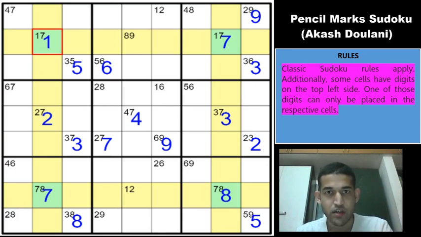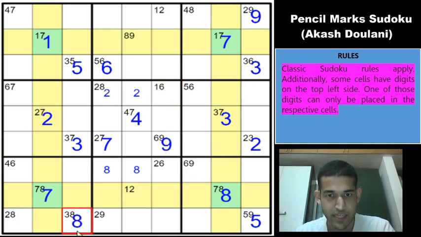Okay, let us maybe use some classic solving. 8 in rows 8 and 9 will give 8 in one of these two cells, because this cell can contain only 2 or 6, so 8 can't go there, so 8 must be in one of those two cells. And similarly 2 in row 5 and row 6, which means that 2 must go into one of these two cells because 2 can't go here.